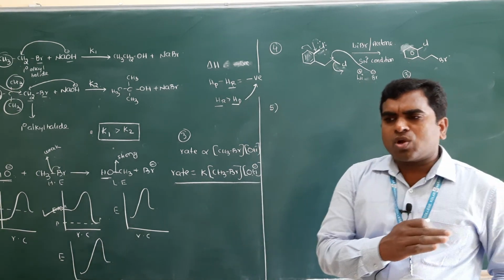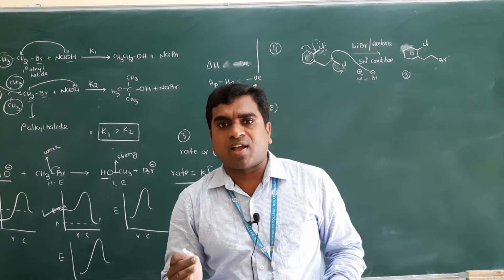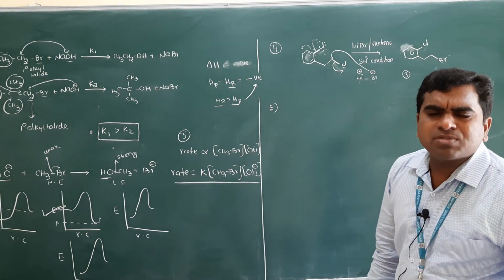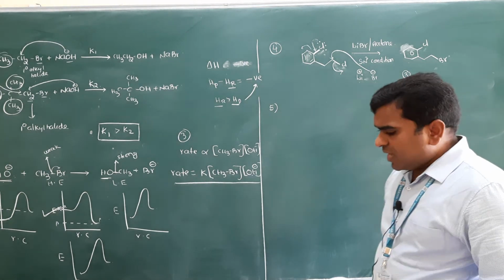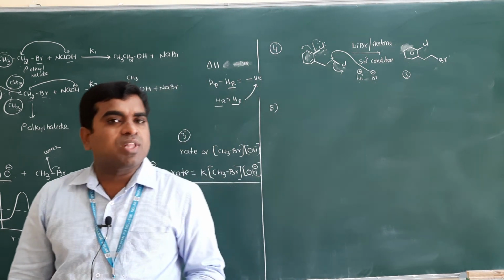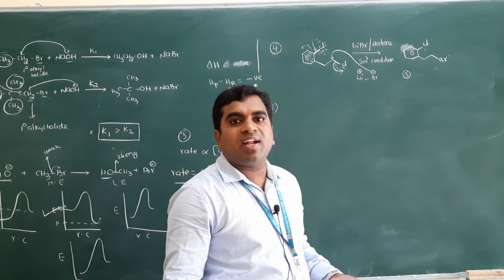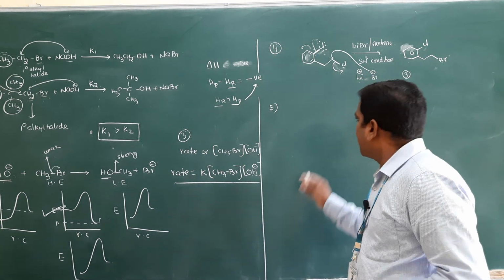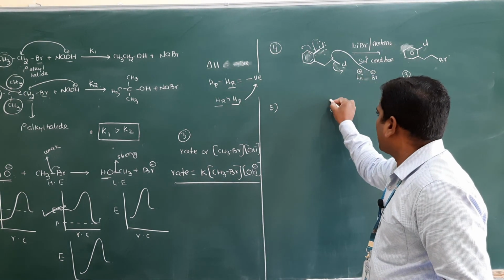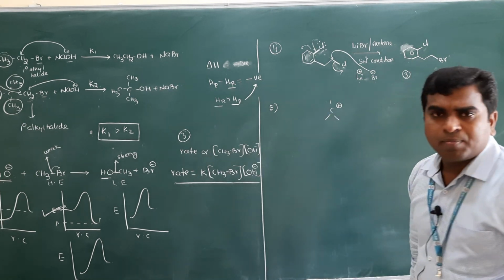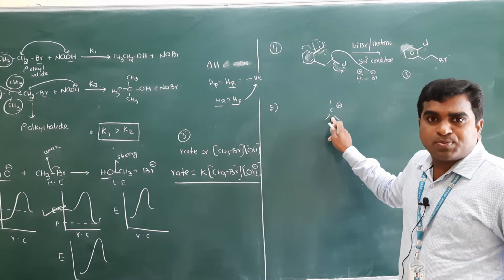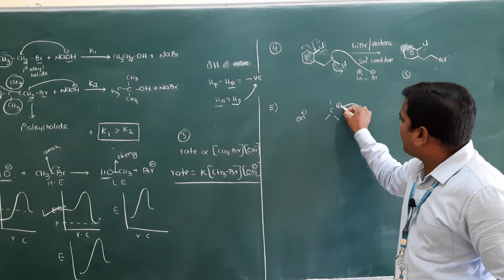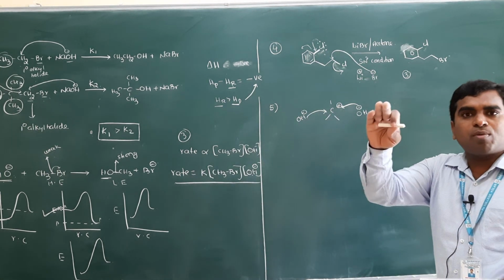And you know almost all, 99%, of solvolysis reactions come under the SN1 mechanism. Clear? So they are asking here maximum racemization. In SN1 solvolysis they have given the hint, so that's why it is SN1. What is the intermediate in SN1? Carbocation is the intermediate. The carbocation is sp2 hybridized, so next the nucleophile may attack from the front side or from the back side, because the carbocation is planar.